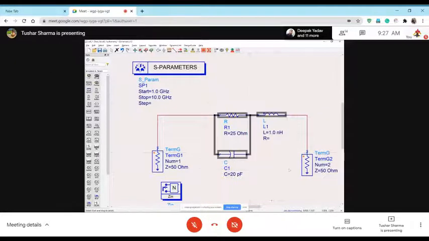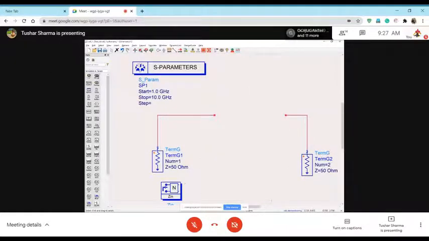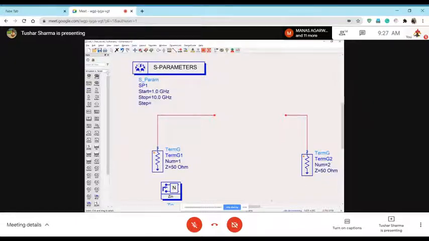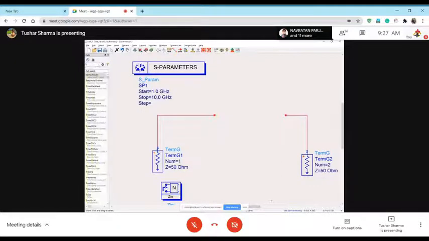Now, before we move further, what I would like to explain here is that our goal is to understand transmission lines. That's what I wanted to focus on. A transmission line is a very interesting thing because it's heavily used for matching. So let's start with a very basic ideal transmission line. Let me pull up a transmission line.